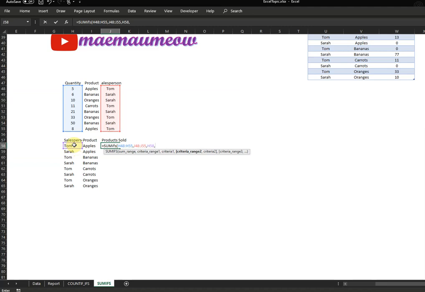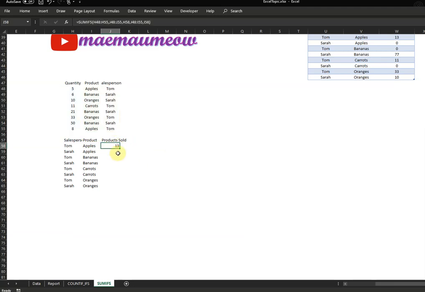Then our second criteria is the product. So we'll select the range, which is product, from I48 down to I55. Then comma, our second criteria, which is the product on this row. There you go. And we'll close our formula with a closing parenthesis and enter.